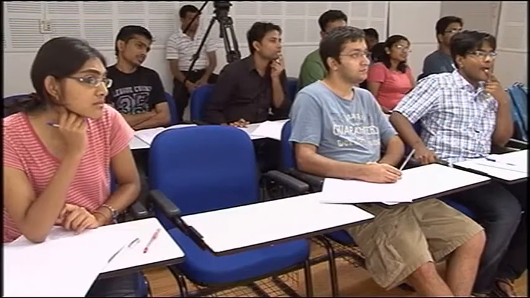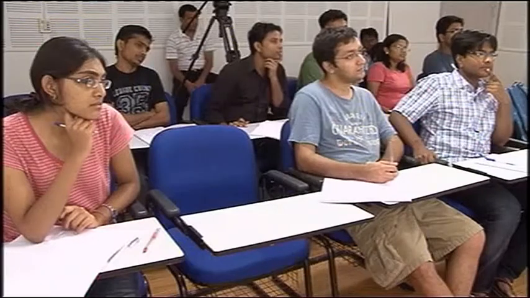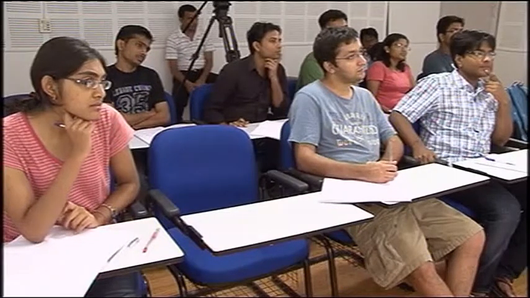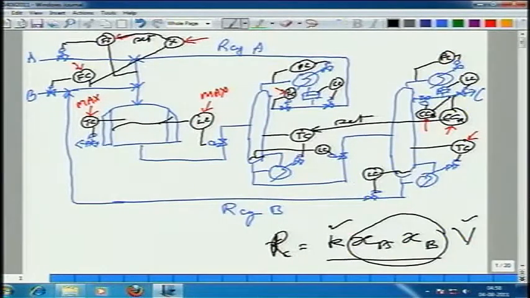So won't it come back to the same equilibrium, because you are taking out the C, right? There is not an equilibrium reaction, this is irreversible. A plus B irreversibly goes to C. If it is an equilibrium reaction, we will have a different way of dealing with that. Okay. It is an irreversible reaction, and this is what needs to be understood. If you do not understand this, you can't come up with this scheme. In fact, you can't even tell whether it is self regulating or not. Okay.